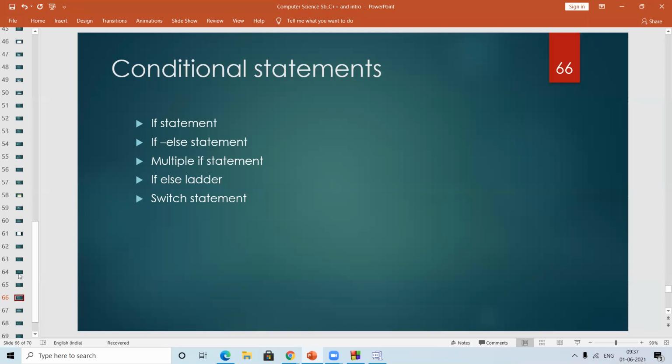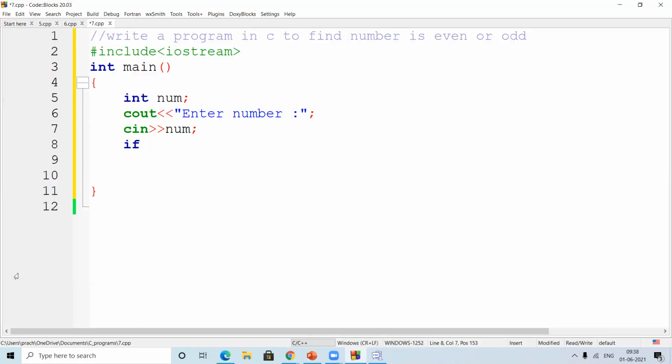But the structure is basic. What you have to understand is which condition you need to put inside the logic. If you know which condition has to be put in, you can choose any one of them, depending on the logic, and then go forward with the program. Now this is very basic. What we have to find out is whether the given number is even or odd. To find that out, we have an operator called the modulus operator.